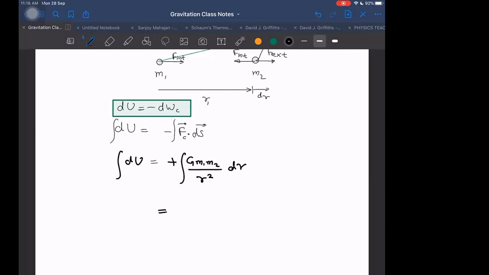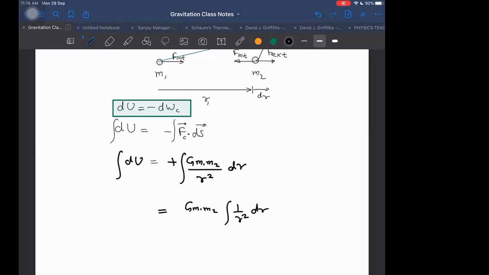It will not be relative dr2, it will be M1 times the relative distance. Now, the formula we know is G m1 m2 by r square, so inside it is only 1 by r square into dr, the integral of 1 by r square.